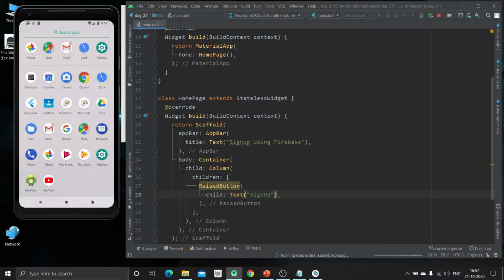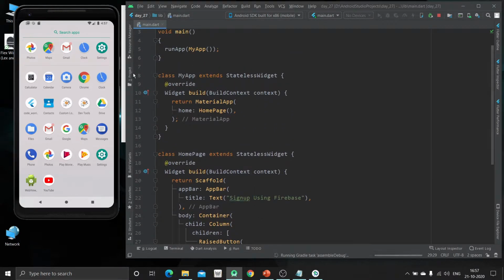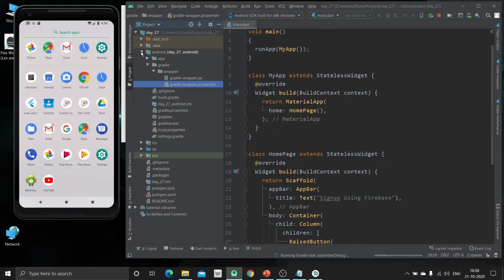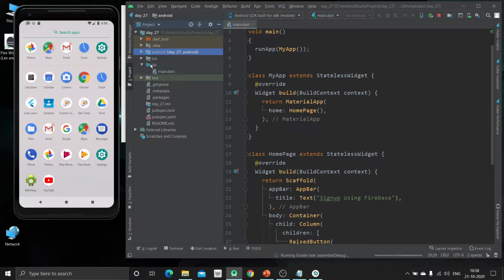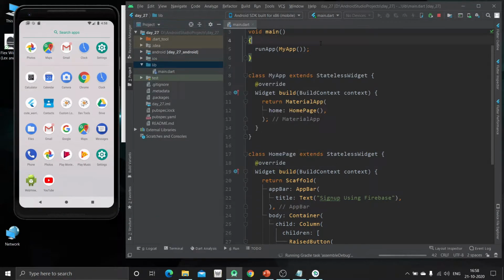So here we'll wrap the text like sign up. Now we will create the onPressed method. Now for calling another page, we have to create that page first, so I'm going to create one page that will be the sign up page. So just go inside the project section.